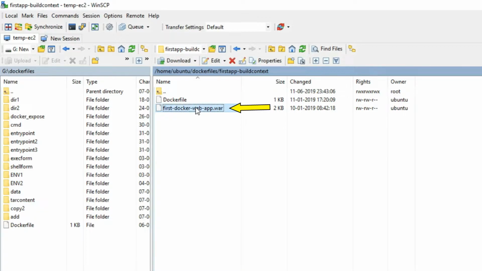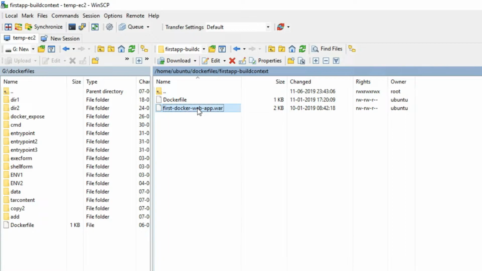This file is the project deployable file of the application whose source code we just saw a few moments back inside the Eclipse tool. Now friends, those who are from a programming background and know a little bit about Java might know what a file with the extension .war means in the Java world. But for the people who don't know what a file with the extension .war means, do not worry, as the .war file is nothing but just a Java web application project file which is generated as an outcome when the Java project source code is built or compiled.